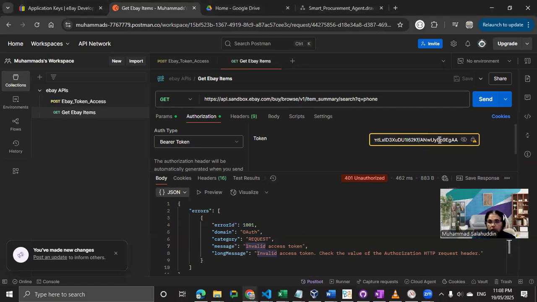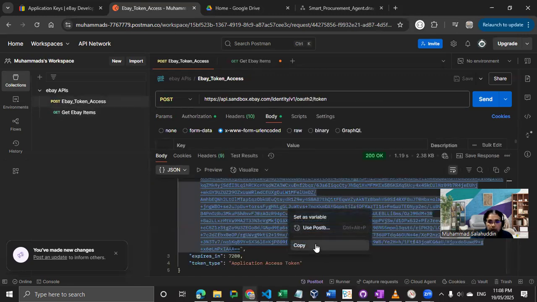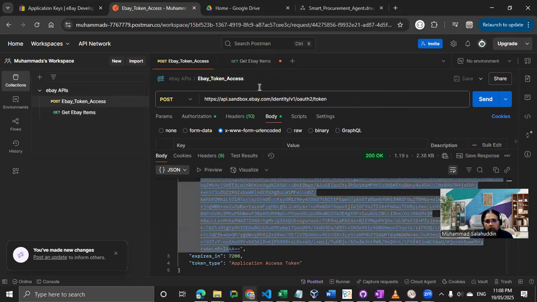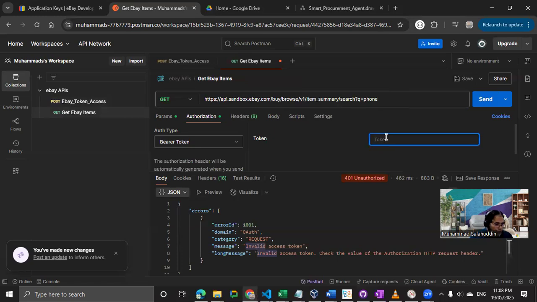So I can show you in here. That's the old token. What I'm going to do now, I'm just going to paste a new token, and let me copy it again, for somehow it's not copying. And by the way, you can set that up in a variable, but because I'm just testing, the core is not to use Postman as part of this demo, because we are just validating everything before we jump into the coding environment, right? So let me now go back and put the valid token in here, hide the